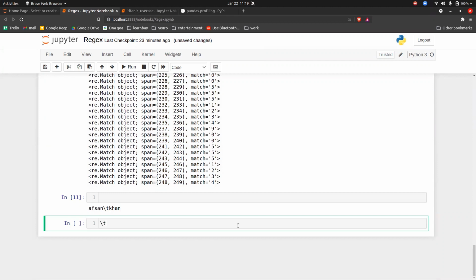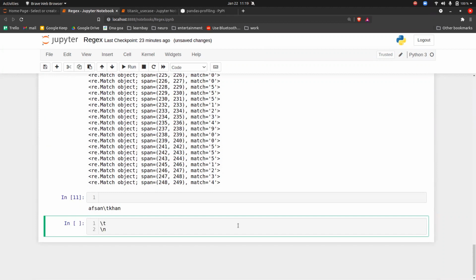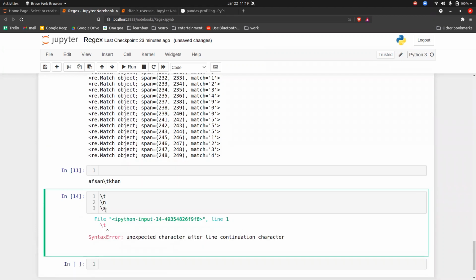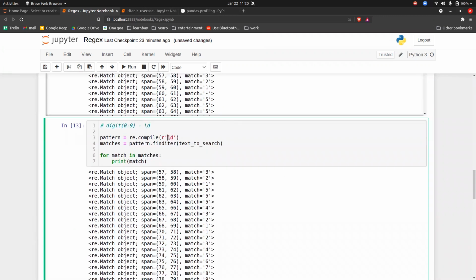For example, slash t, slash n, then we have slash s. Remember? If you want to treat them as normal things, you have to put R. These regex characters are not treated as Python specific characters. So this is what we have for small d.